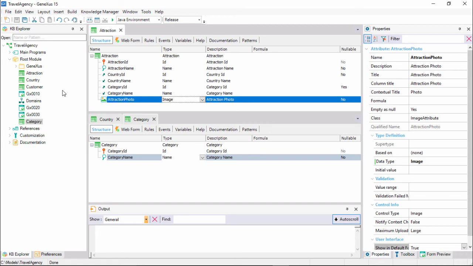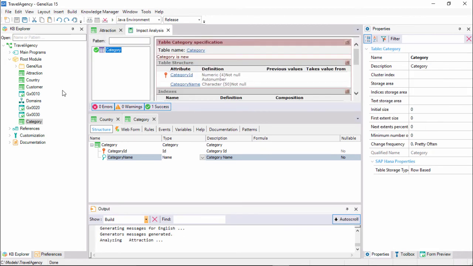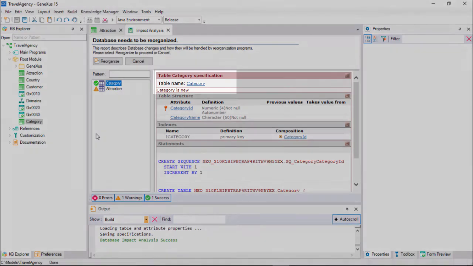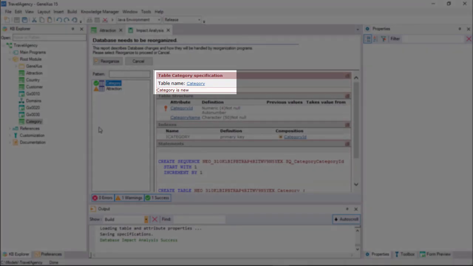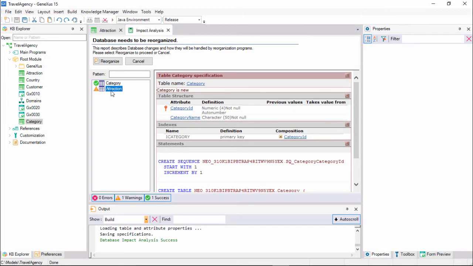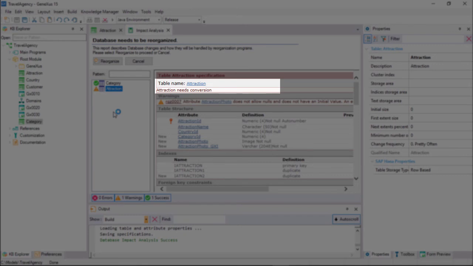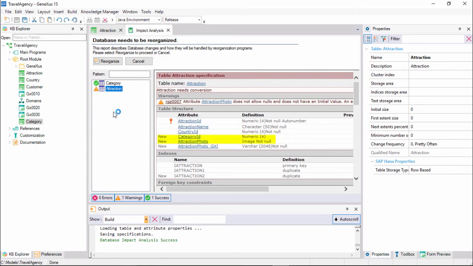Now we press F5 to apply the changes to the database and programs and run the application. Note that a new table will be created in the database to store the categories. If we click on attraction, we are told that the attraction table has to be converted, which means that the category ID and attraction photo attributes have to be added. This element is added to store the file, and to give the option to only reference a URL to it. We press the Reorganize button,